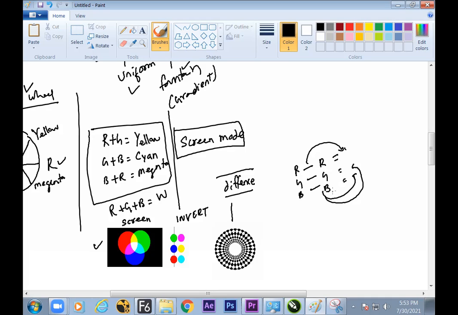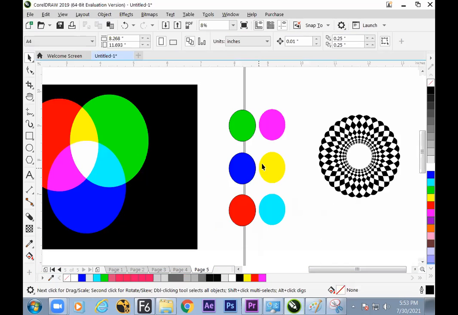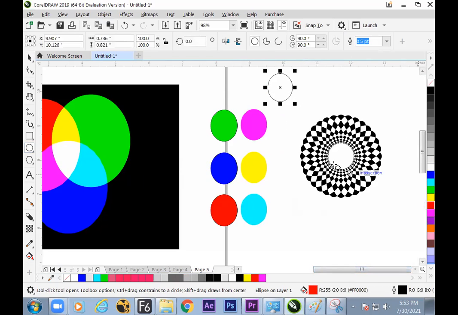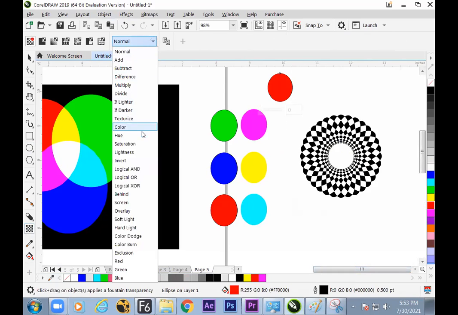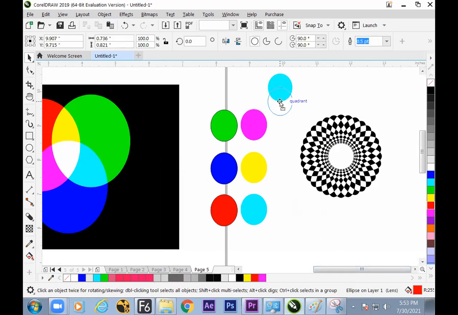So let us see, if a red color is there and we go to the difference mode, what will happen? Let us take an example, because the theory part is done. Practically, if a red color is there and we switch it into the difference mode on the white background, then the complement color comes onto the screen. You can see red will turn into cyan.